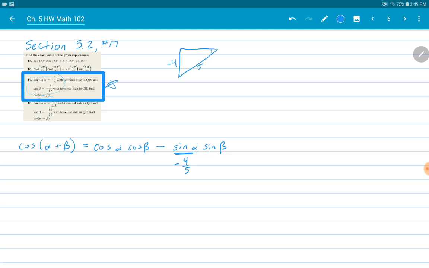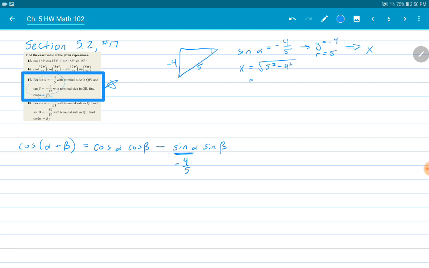So when sine alpha equals negative 4/5, that gives me that y equals negative 4 and r equals 5. And that gives me, I need to solve for x. So to solve for x, I get the square root of r squared. So that's 5 squared minus x squared, which is going to be negative 4 squared,